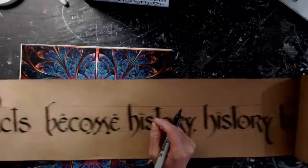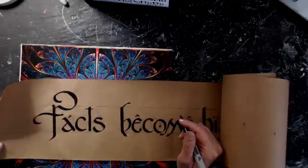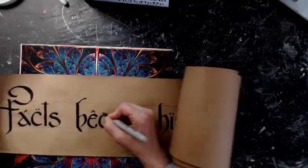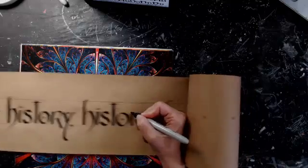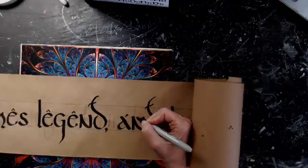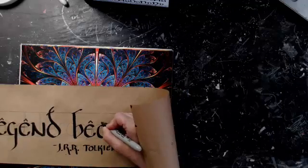Something with the C. What can I do with the C? Two dots again? I think I'll go with two dots over the C, just because I wanted to have quite a few of these little marks. History becomes legend, and legend becomes